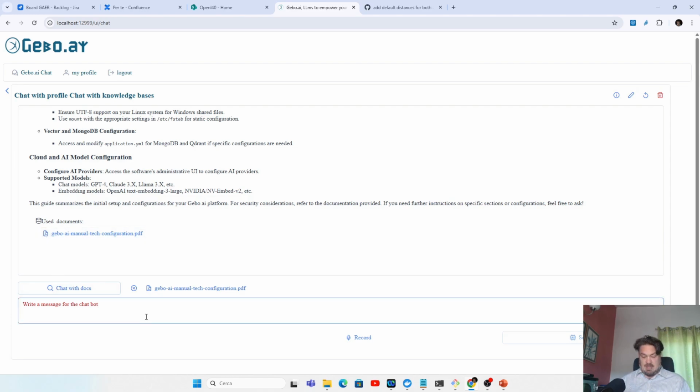And for example, I can question something that is inside the document. So, for example, which kind of operating system can the documented platform be installed on, because of course I will include the document in the context?